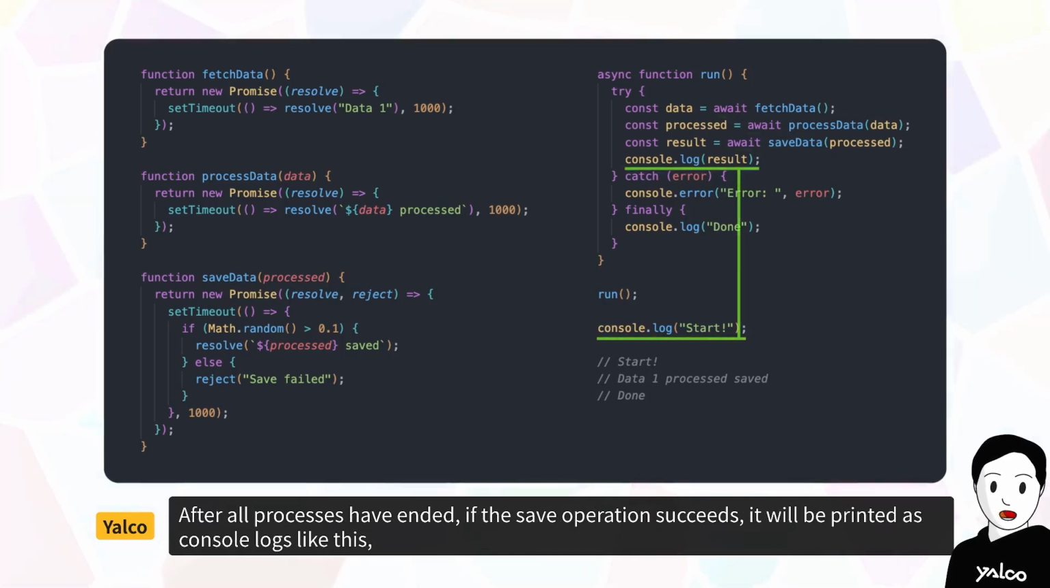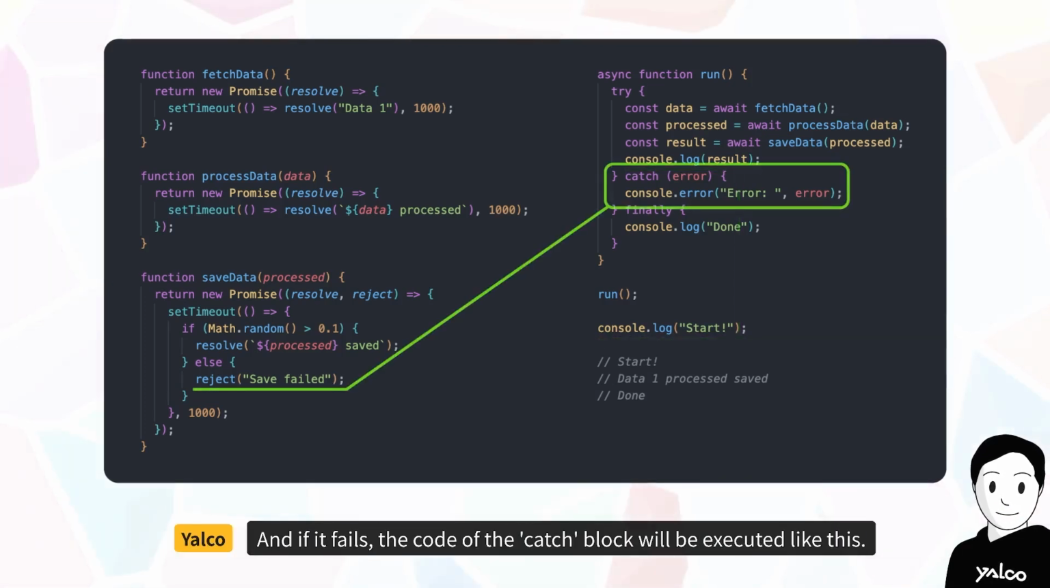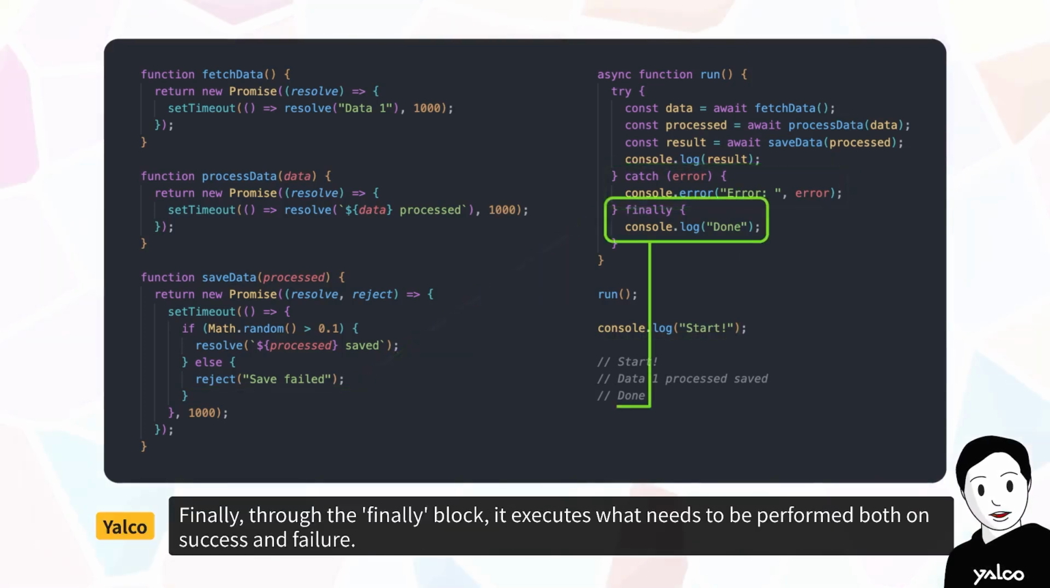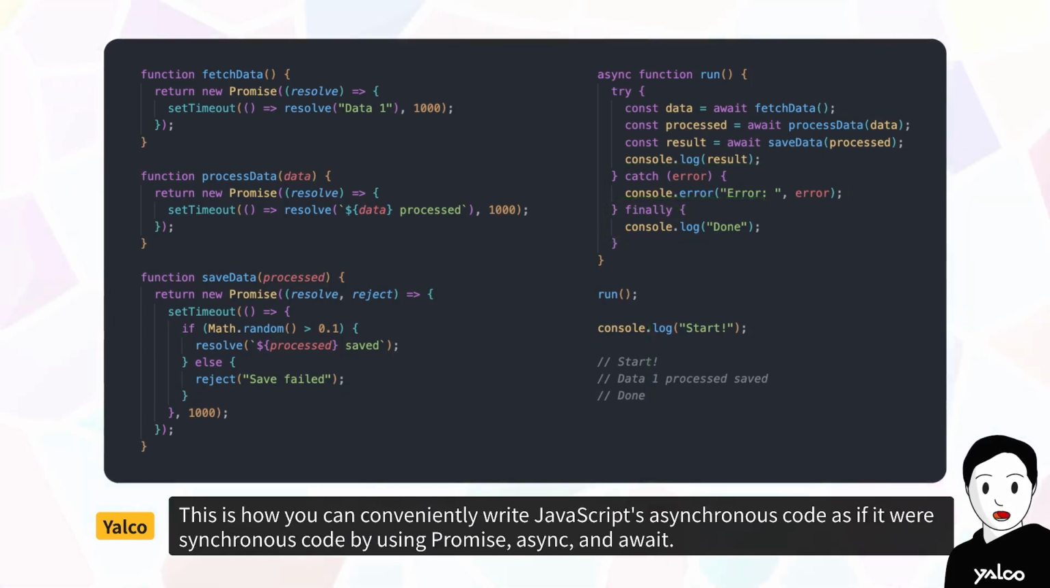After all processes have ended, if the save operation succeeds, it will be printed as console logs like this, and if it fails, the code of the catch block will be executed like this. Finally, through the finally block, it executes what needs to be performed, both on success and failure. This is how you can conveniently write JavaScript's asynchronous code as if it were synchronous code by using promise, async,